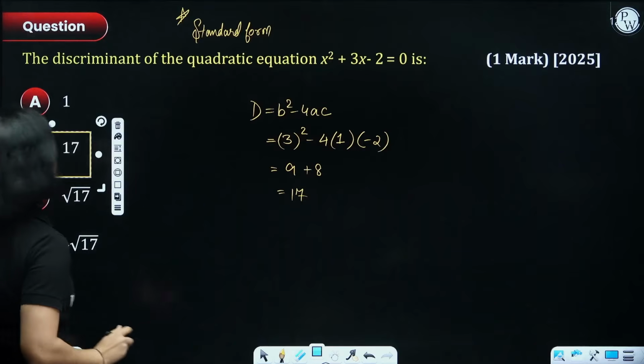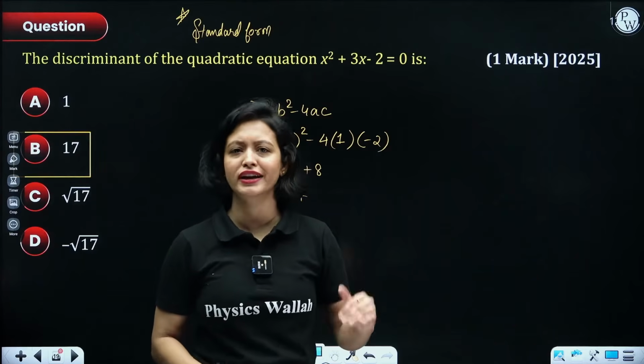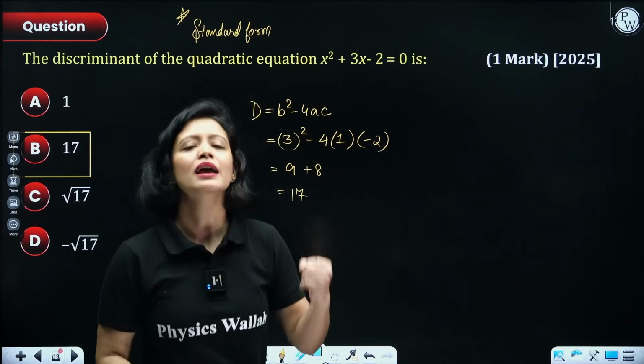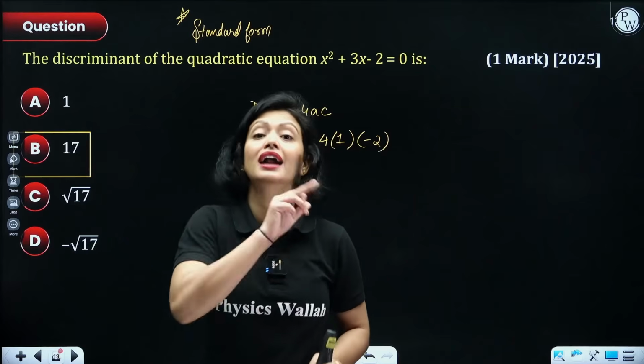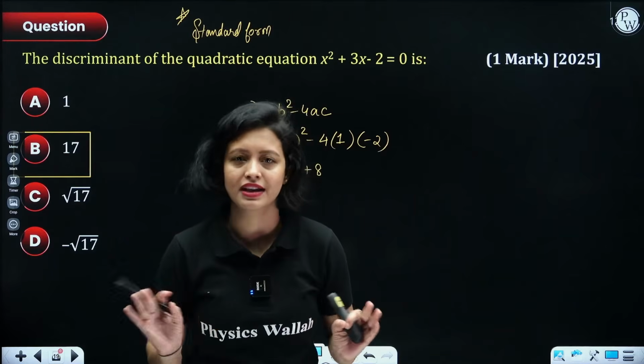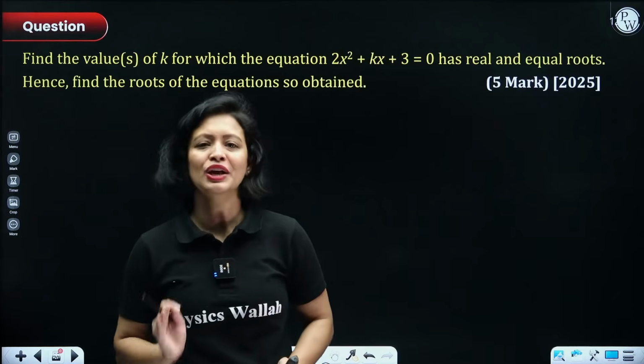Okay, now it's all right. Okay, simple, easy, and this question came in 2025. So how easy was that? Okay, and one mistake that a lot of people make is they think that discriminant is under root of b square minus 4ac. No, under root is not involved in discriminant. Okay, b square minus 4ac. That's it. Okay, please remember.